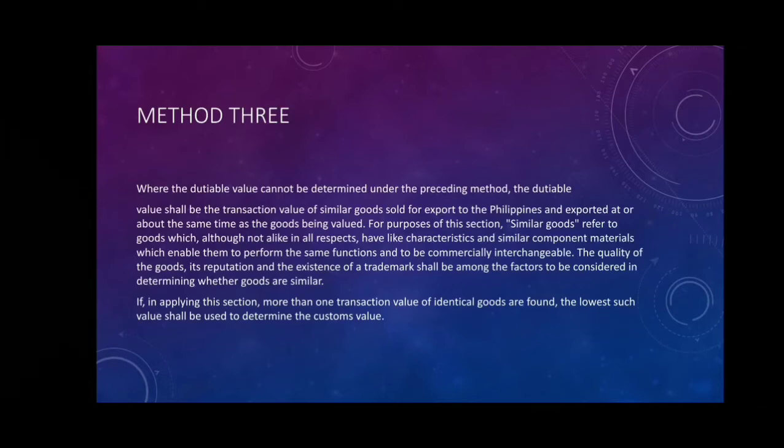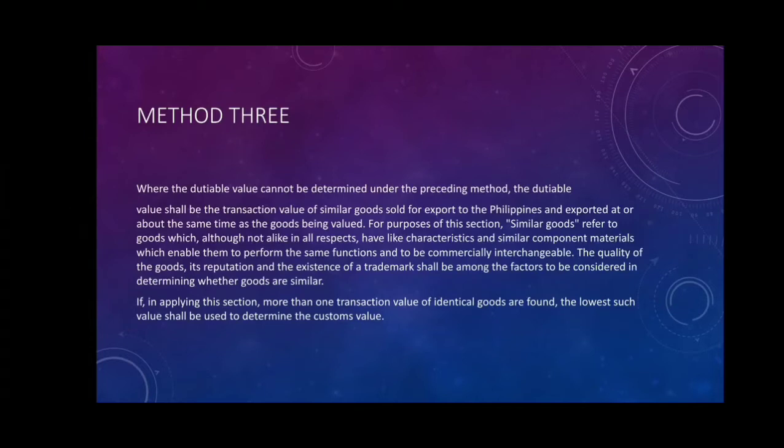If, in applying this section, more than one transaction value of identical goods is found, the lowest such value shall be used to determine the customs value. So this means that the preceding method cannot determine the exact dutiable value of the goods, where this also states